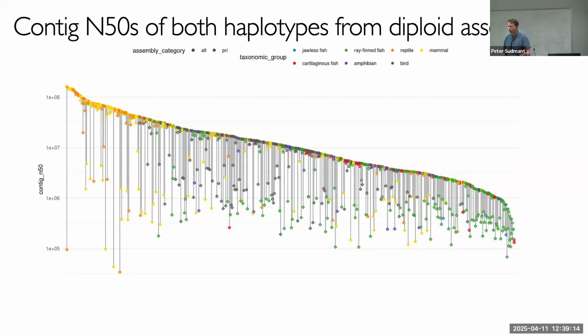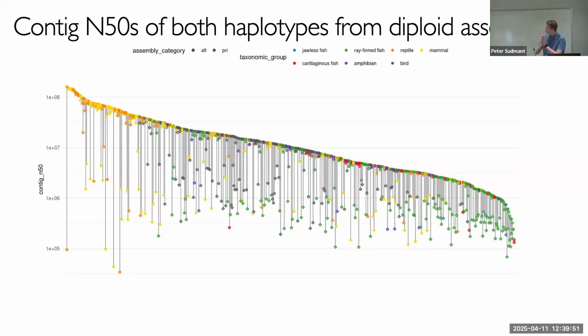But anyway, one of the problems is that the amphibians basically break all the tools. There's like 3 or 4 amphibians that we haven't been able to do anything with because, back when RepeatMasker was written, I don't know, is it polyploid? Well, because the chromosome gets longer than the 32-bit integer. Exactly. So we've been breaking them into pieces, which is just super annoying. But this is just a quality metric.